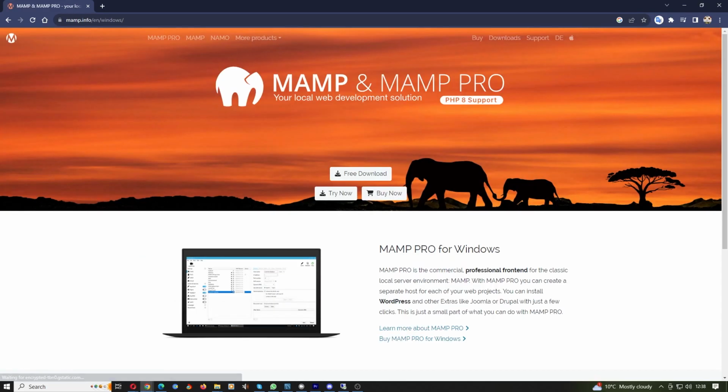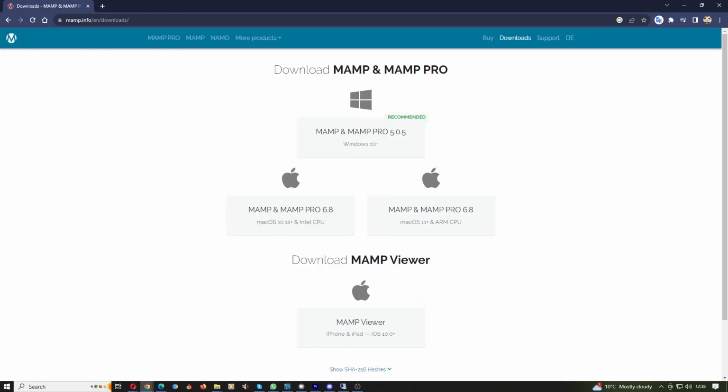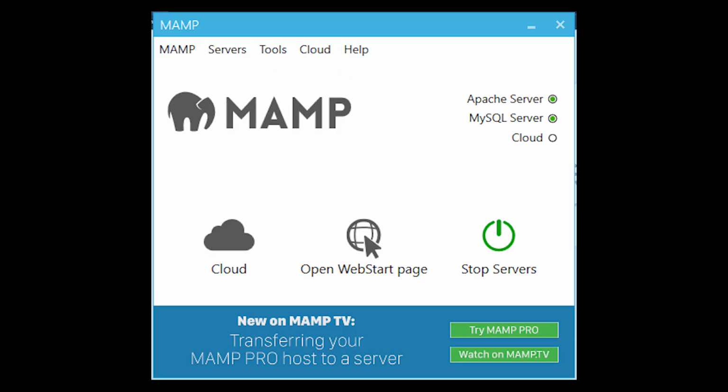The next program you'll need is from MAMP.info, and this is to run your server so you can host it locally and install WordPress from it. Same again, click on the download and download the latest version. Once you've downloaded MAMP, install it and then run it, and you should have this come up in front of